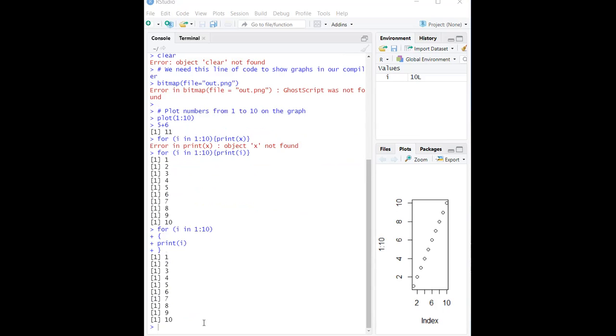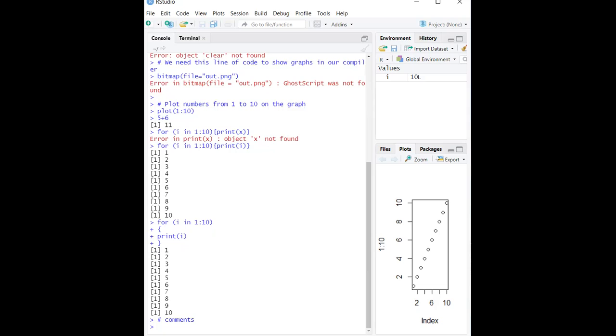And comments can be specified using this hash symbol. So this is for comments. Nothing will happen for a hash symbol.